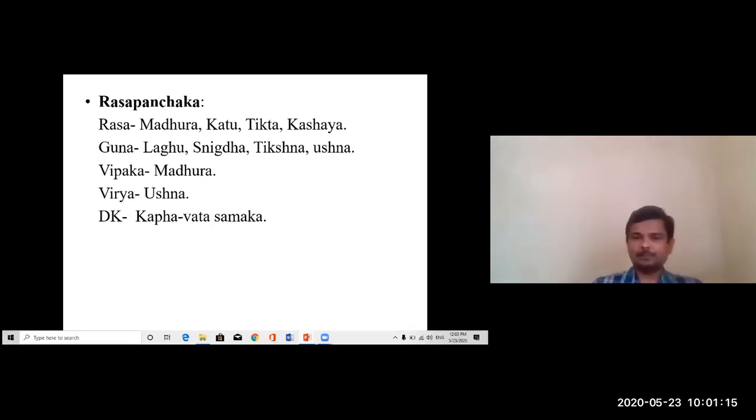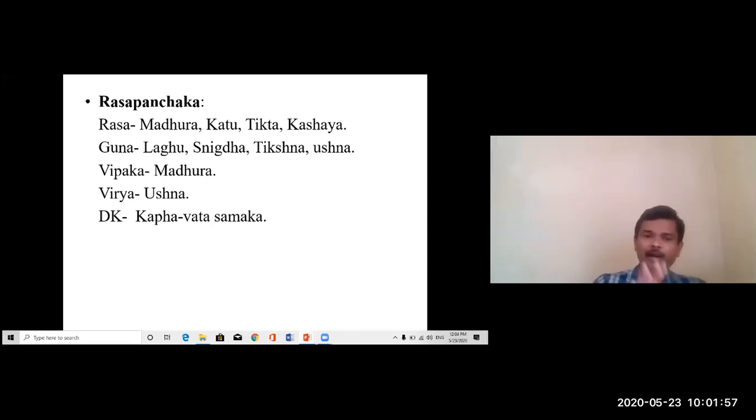Vipaka is Madhura vipaka, and virya is Ushna virya. The Madhura vipaka will be suppressed by the Tikshna guna. Even Madhura rasa, Tikta rasa, Kashaya rasa usually do Pitta shamana karma, and Madhura vipaka also does Pitta shamana karma. But Tikshna guna suppresses all these qualities and does its own function. Kinchit viryena kurute, karma viryena chaparam, dravyam gunena pakena prabhavena. According to that concept, Tikshna guna suppresses the Madhura, Tikta, Kashaya rasa and Madhura vipaka functions.